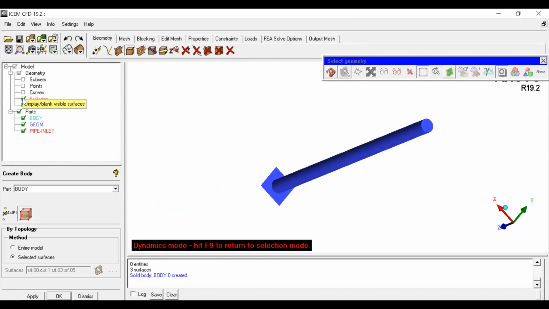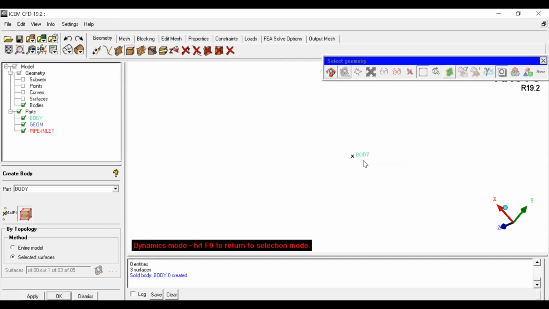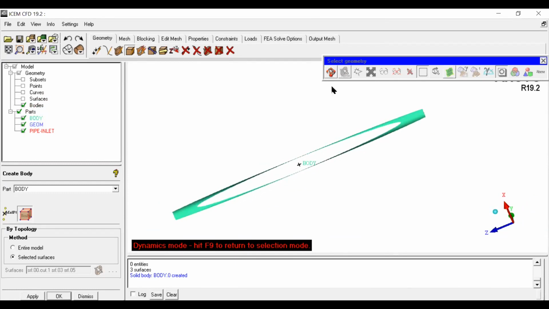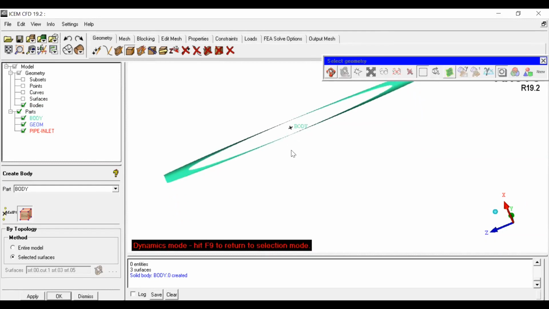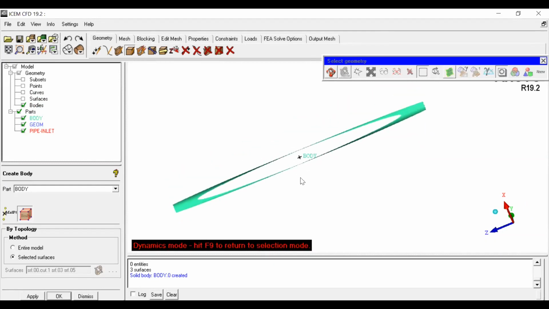For that, just untick the surfaces. So the name of the body is available. You can visualize it. If you right click and select show bounding surfaces, and if you scroll, you can see that yes, this is the pipe body. Because when you do the meshing, our Fluent solver visualizes fluid as a continuum, right?